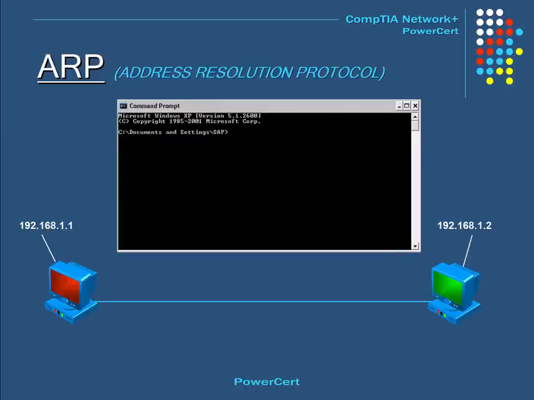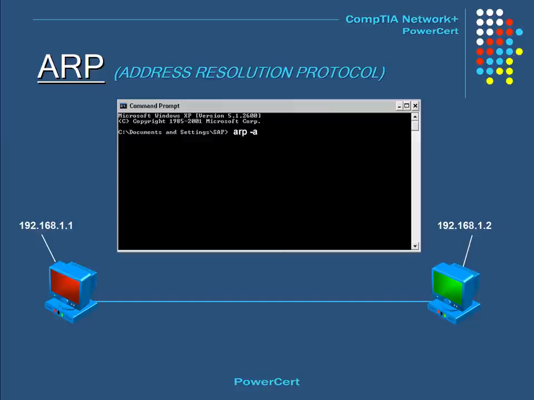And our next utility is called ARP. And as you might recall from an earlier lesson, ARP is used to resolve IP addresses to MAC addresses. In order for a computer to communicate with another computer, it needs to know the MAC address for that computer. So the first thing the computer does is check its ARP cache to see whether it already has the MAC address for that computer. In fact, we can check this ourselves at a command prompt by using the ARP utility